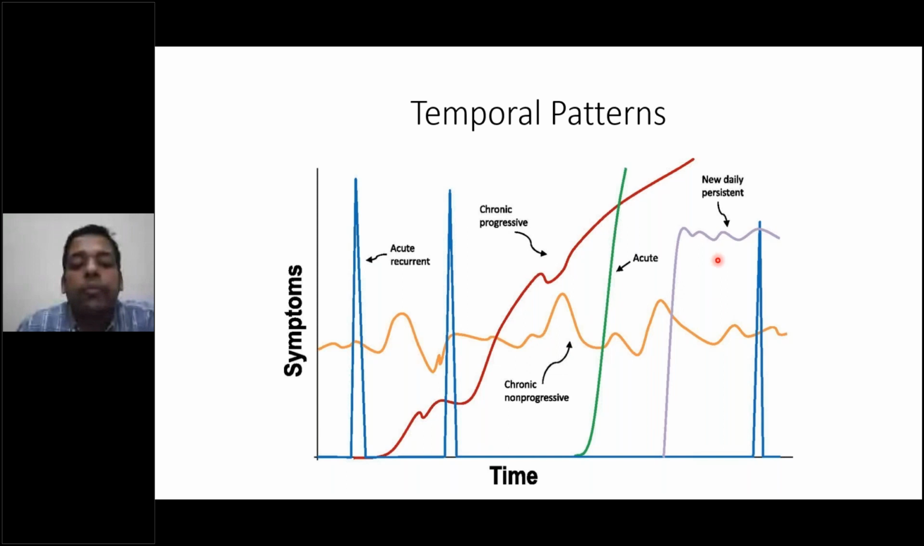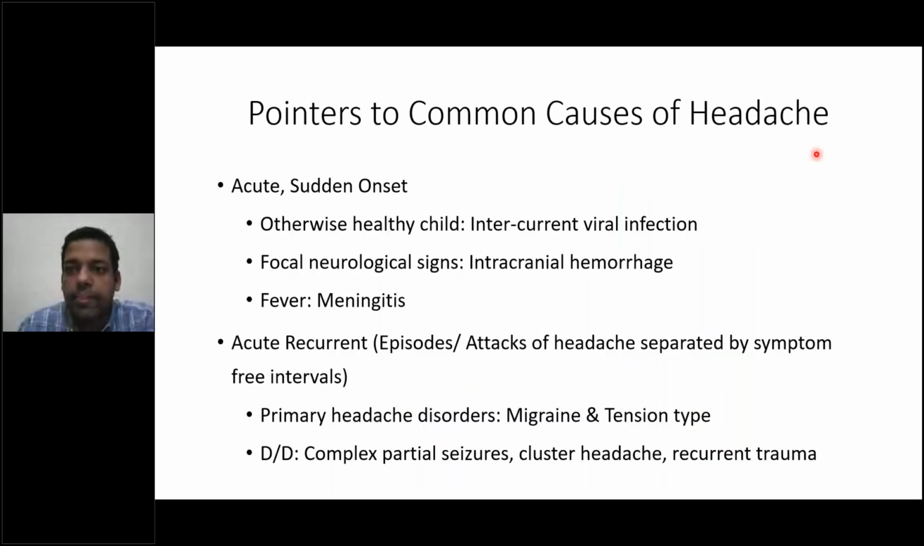And then the last type is the new daily persistent headache, the mauve colored line, in which there is an acute onset of symptoms, and then these severe symptoms persist. So a new daily persistent headache. So let us see some pointers to the common causes of headaches. If it is acute,